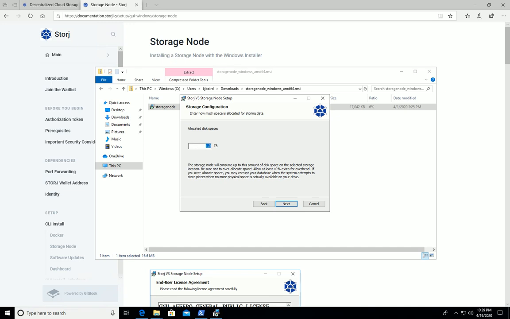I do recommend leaving a little bit of extra room on your hard drive because while storage tries to keep your storage underneath the maximum, there are times when data is deleted because the customer might delete the data, or maybe they didn't pay their bill or something, and that data is held for about a week, and we don't want to have that take away from new storage that comes in on your node. So that's not counted as part of that allocation. So you may have it go over a little bit